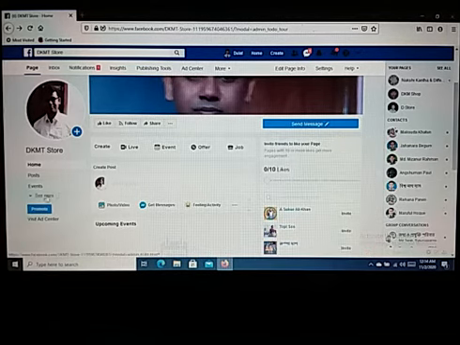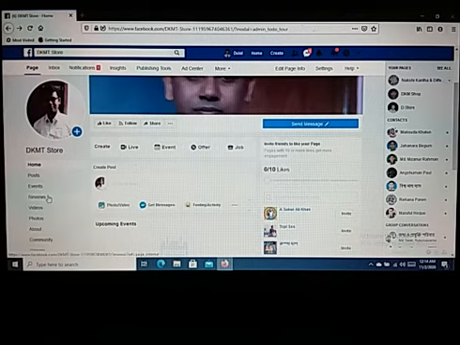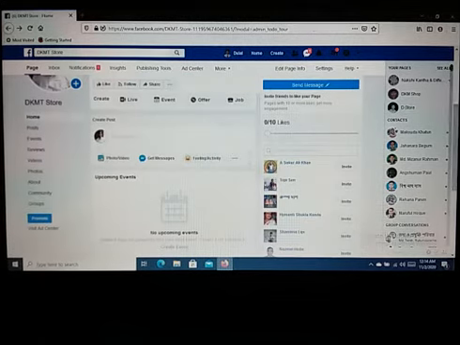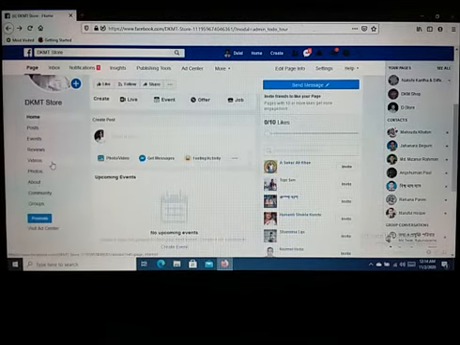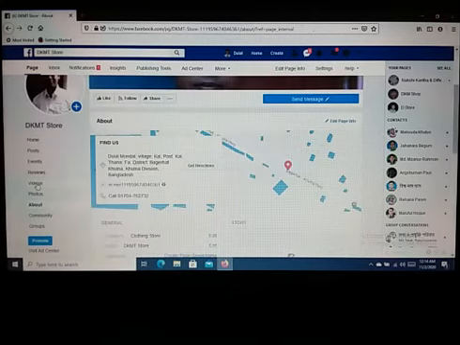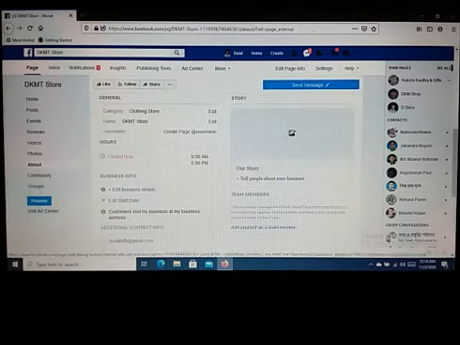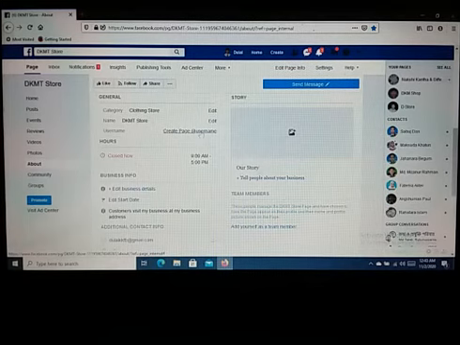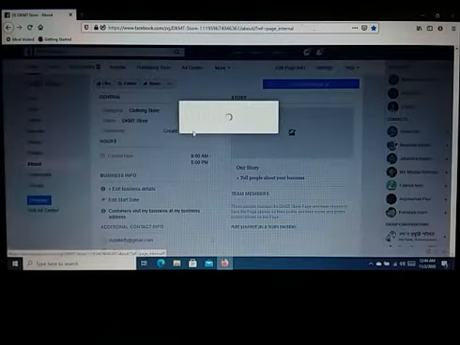Now click on see more option. Then you will see more options. From here click on about option. Then you will see more options. Now go down and see there is a create page username. Now click on create page username.